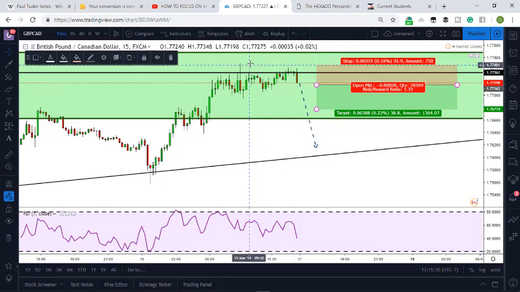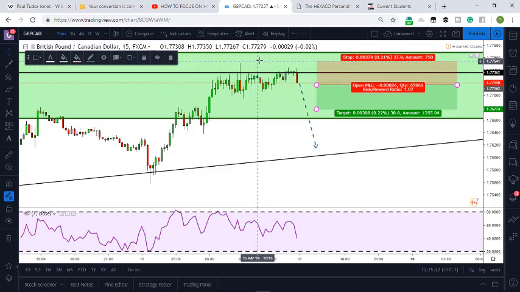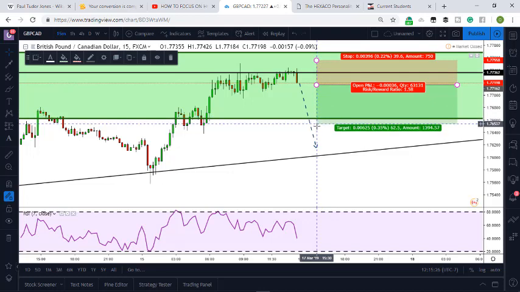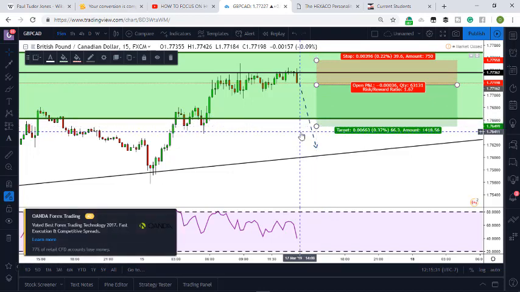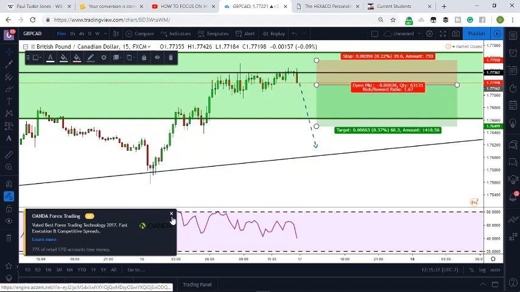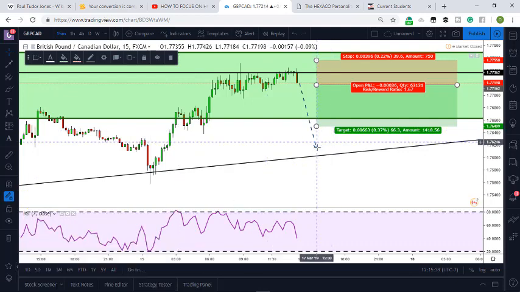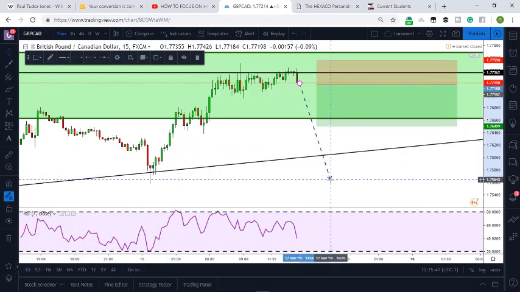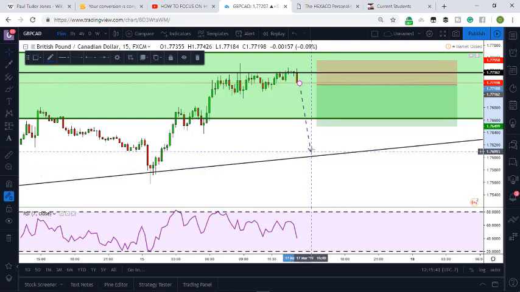There's an ugly long wick, just a few pips above that wick. And if you're looking for a retest of structure somewhere back at this level of structure, for a risk of 39 pips, you're already looking at a profit of 66. And you could be looking to hold on until it breaks out of this level of structure,